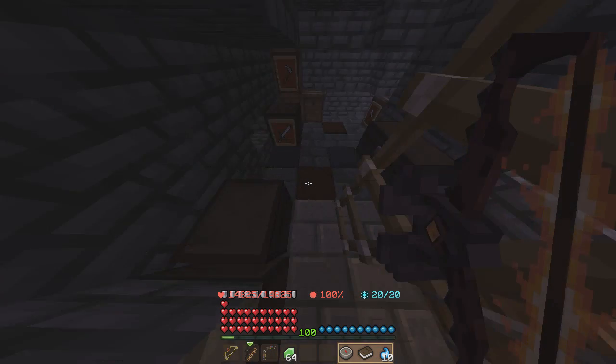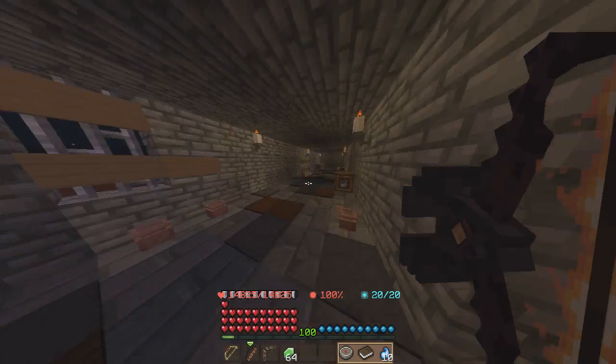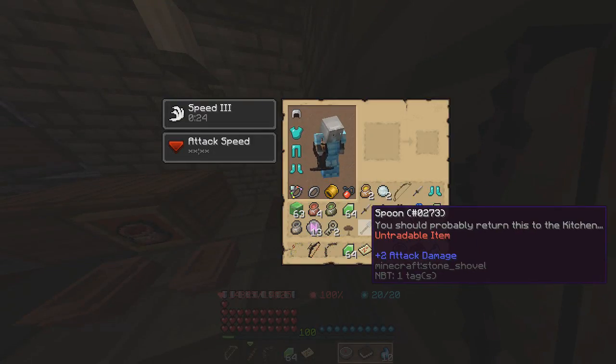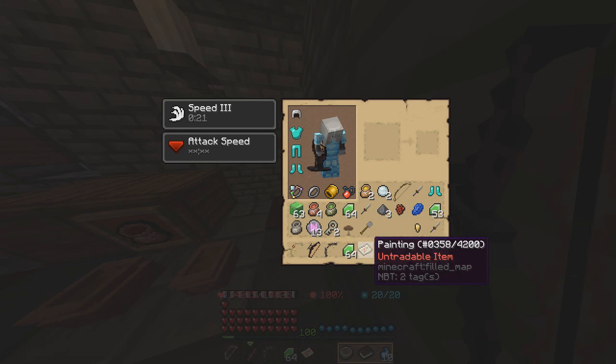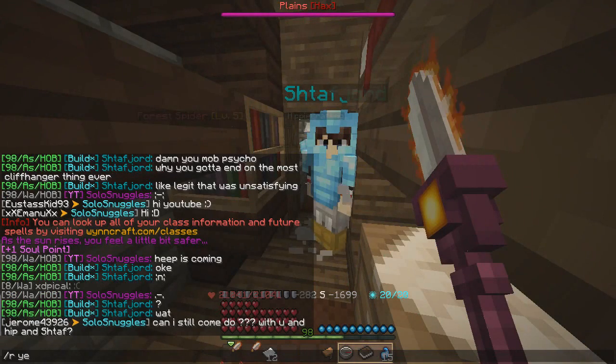Now we want to go down. So we're going to go down this ladder right here. And then behind it is this little room back here, hidden. And right there are the paintings we actually need. So let's go and grab those. And then we're going to skip over to Yaya's, where we're going to go ahead and finish most of the